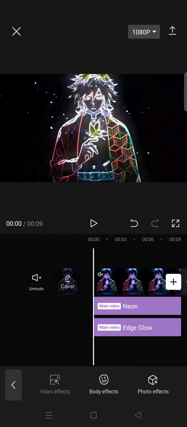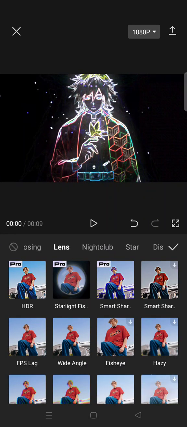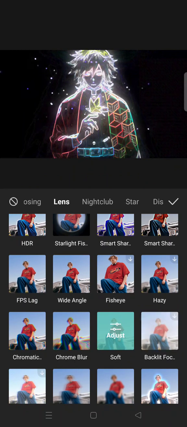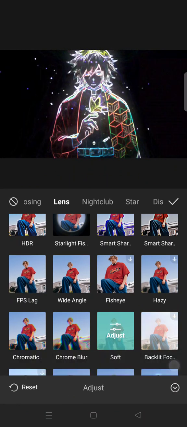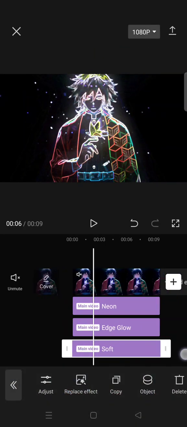a soft effect. It's still on the lens category. Find soft and adjust it to also 15. Click on the check icon, and now